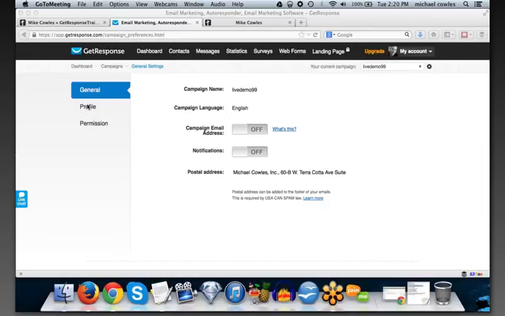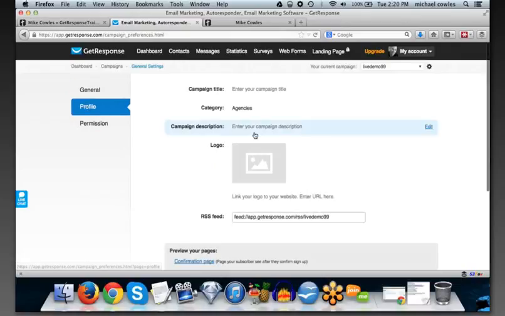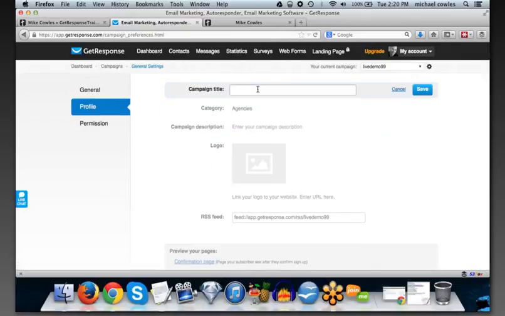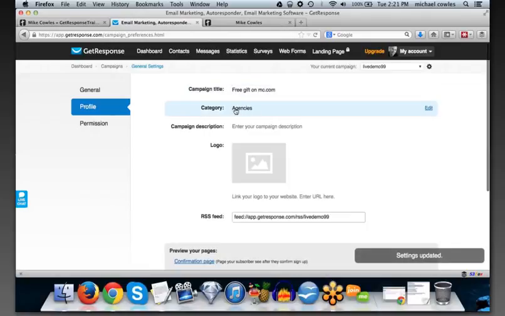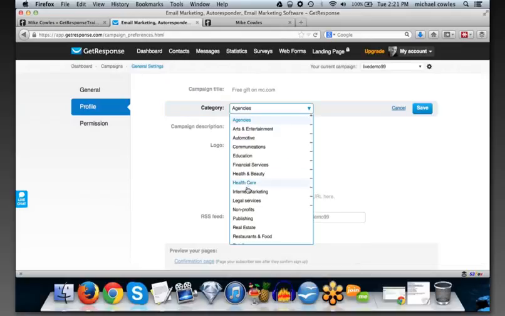Okay, so the next thing under profile is, and nobody sees this except for you, you're going to want to put something in there to identify this group. So it could be, you know, free gift on mc.com as an example. Okay. Now, under the category here, what we're looking for is basically your niche.